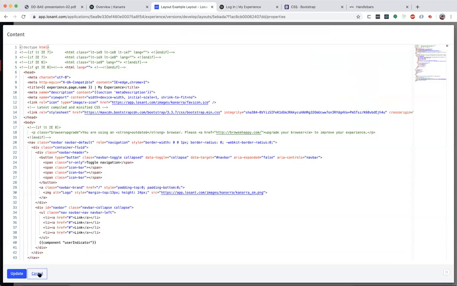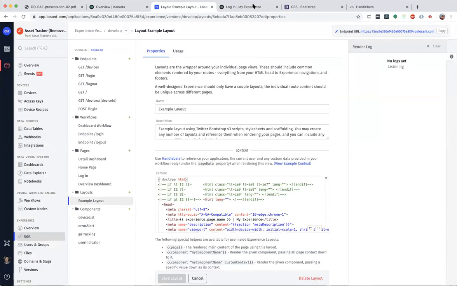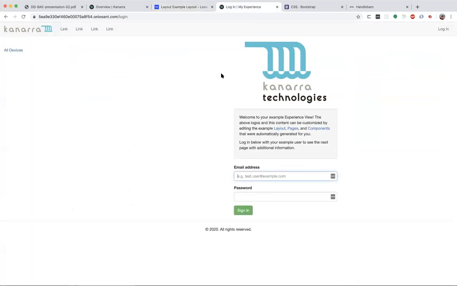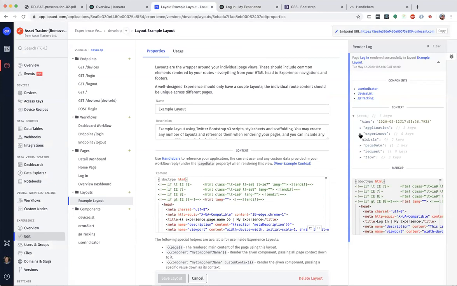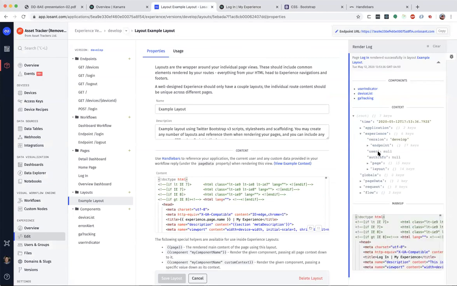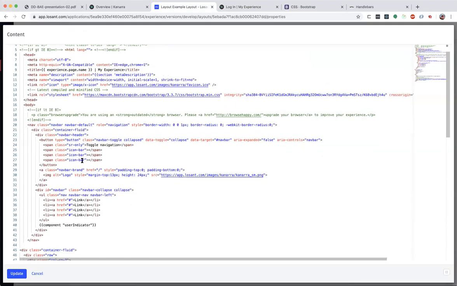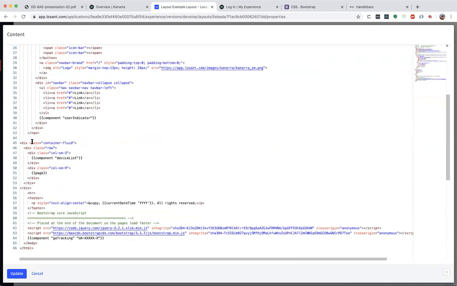One thing that is always available to me when I render a page, and I'm not going to see it this time because I'm not signed in, is my experience.user, which is currently null. I don't have a user at the moment because I'm not signed in. But if I do have an experience user, that is when I want to render what you see right here.